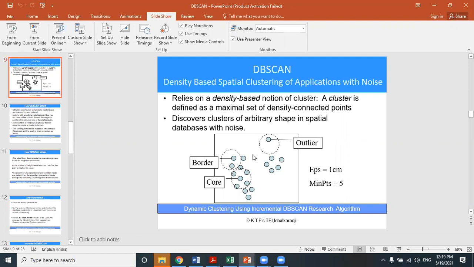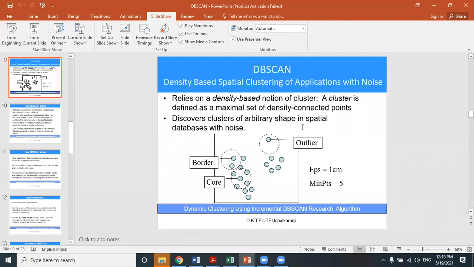That is the job. What I have said, the density-based clustering first finds by checking the epsilon neighborhood of each point in a database. If that epsilon neighborhood of a particular point P contains more than the minimum number of points, min PTS, then a new cluster with P as a core object is created.